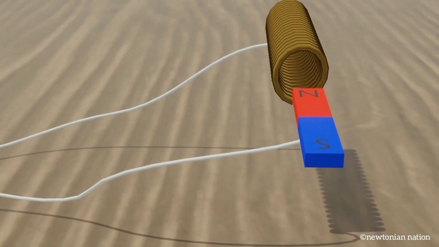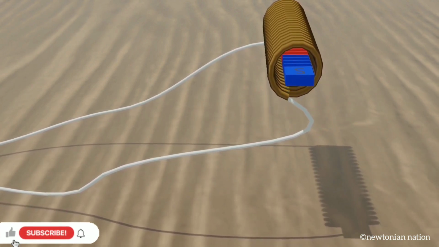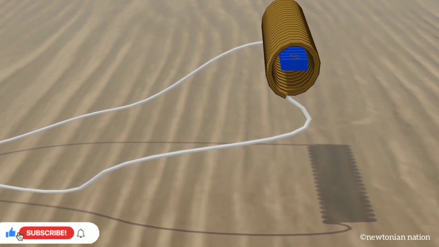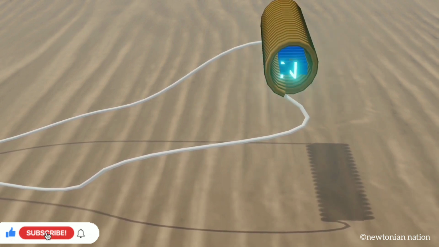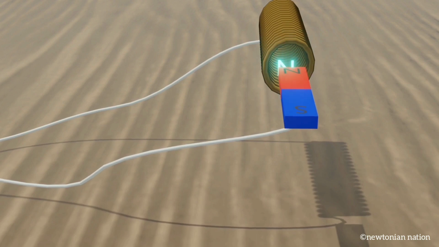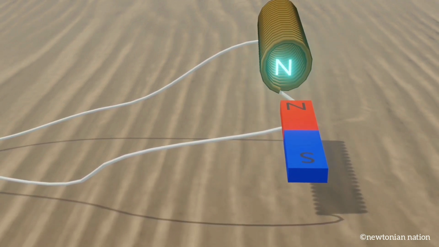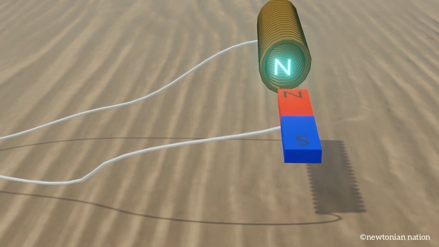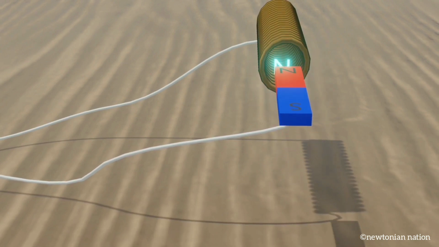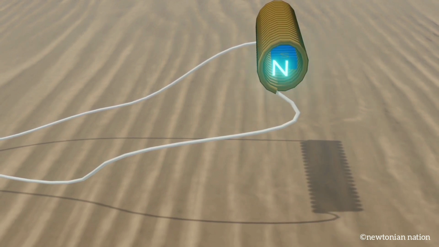As we try to move the magnet into the coil, we experience a greater force that tries to slow down the motion of the magnet. This is much like moving the north pole of a magnet towards the north pole of another magnet. Thus the coil behaves like a magnet, such that it will oppose the motion.